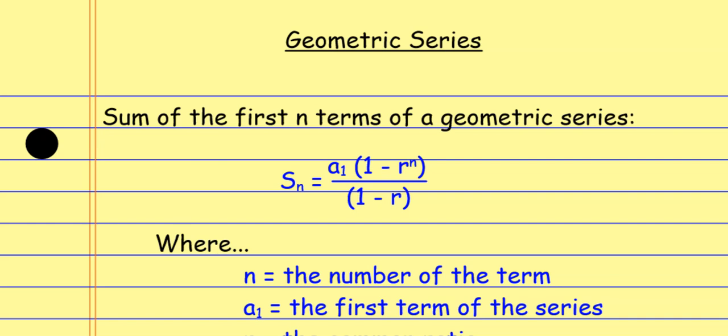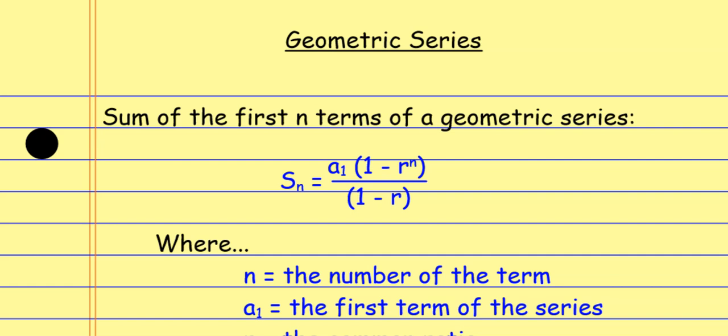And a geometric series, just like an arithmetic series, is a series. It's a pattern in which we're adding all the values of the pattern together, but it's specifically following a geometric pattern. So when I look at the terms of a series, if they represent a geometric sequence, then it's a geometric series. If I'm getting from one term to the next by multiplying by the same thing each time, that's a